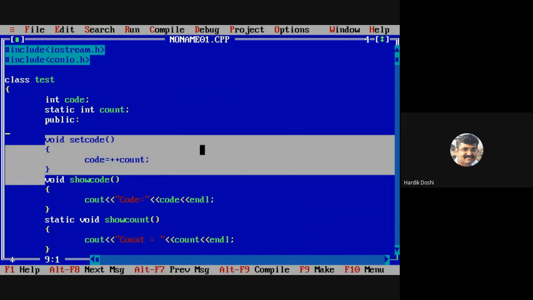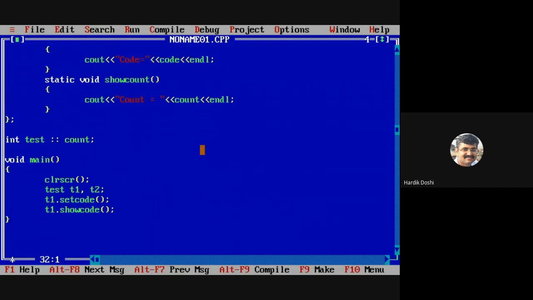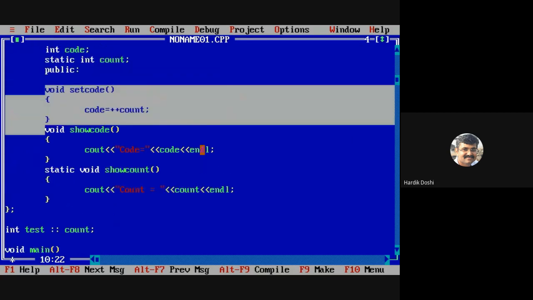T1. Now see this. Now I am writing T2 dot set code. What will happen now? It will call this function set code. Now what will be the value of code?